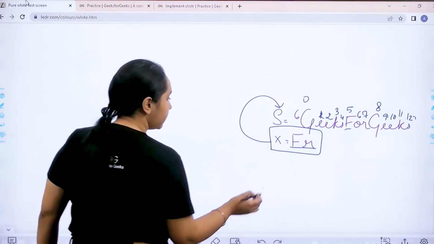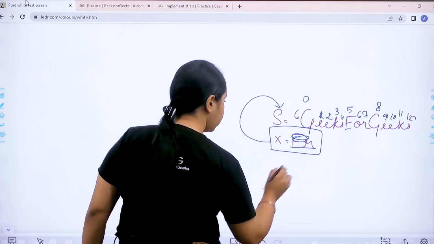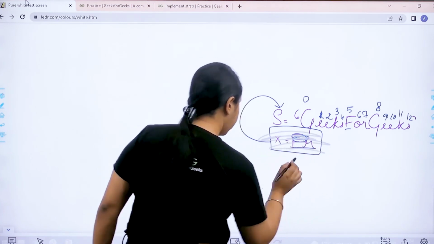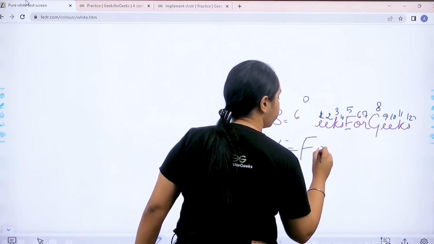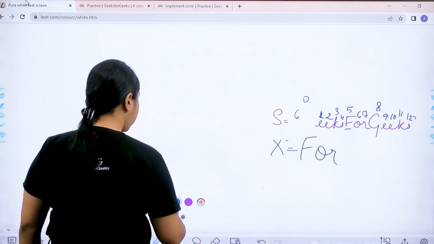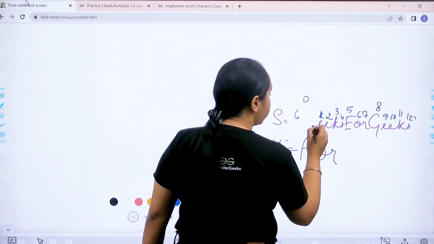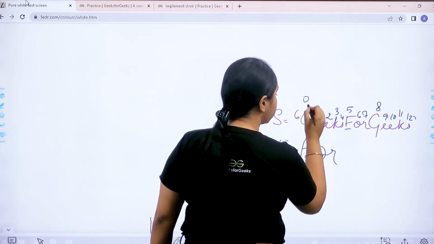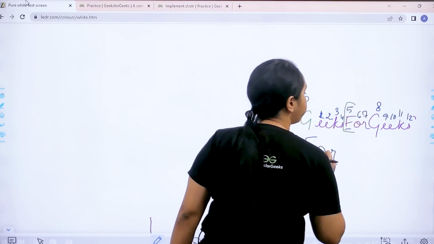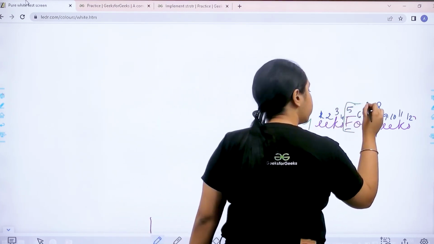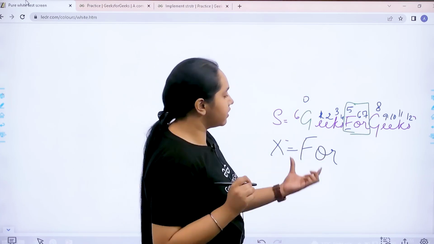Another example for this: let's say this time the x that I need to search is the one given here. Now I need to search for it. So let's see. Over here it's g, right? So 0, 1, 2, 3, 4. Now see, at the 5th index I find f, and consecutively for 3 indexes I get the string x,